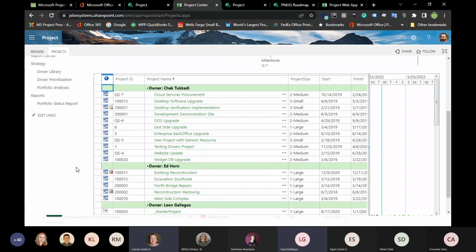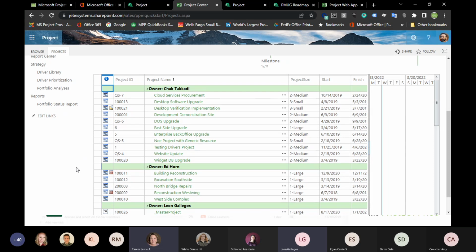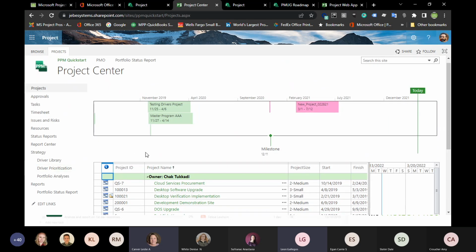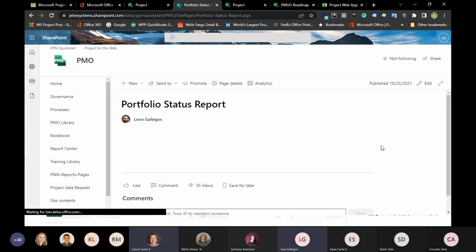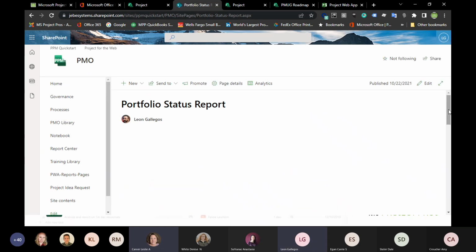So there's your integration between Planner and Project, and all of these projects as they come in can then be reported on. So we have a couple of reports here, and this is where Power BI will play a role. And hopefully this will play nice. I didn't click on this before to make sure. Something's happening there. That's a good sign.